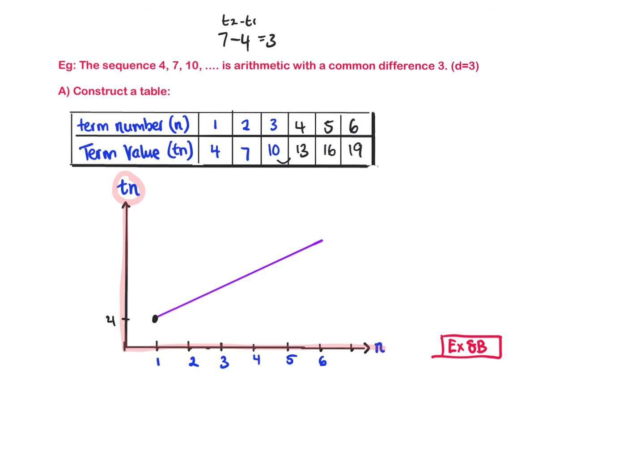And if they told you to go up to term 6, it's a straight line up, so just draw a straight line and then say that that is 19, okay? That's all you have to do. No big stress there, or even if you just write 6, 19, 1, 4, it doesn't matter. You just make sure it's a straight line, and you're remembering that this is the term number and the value of the term. All right, so